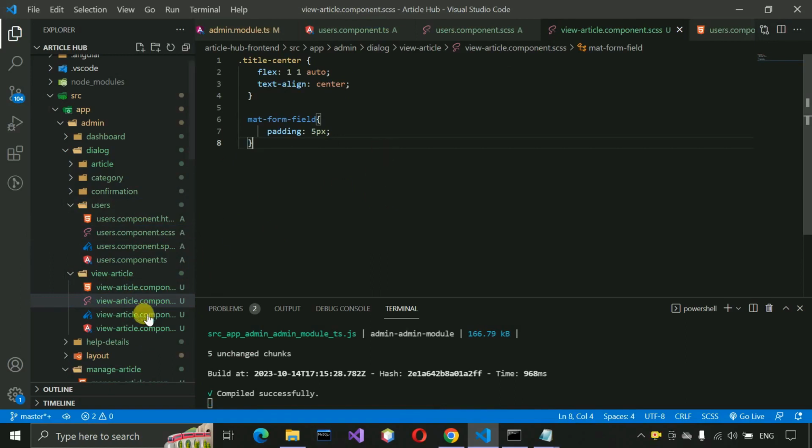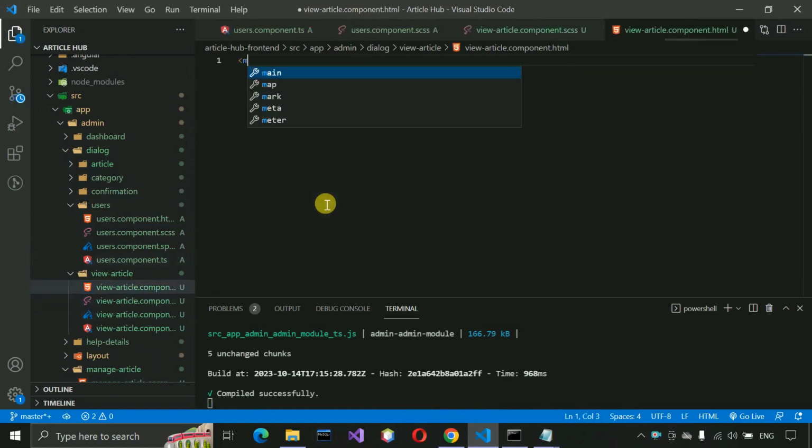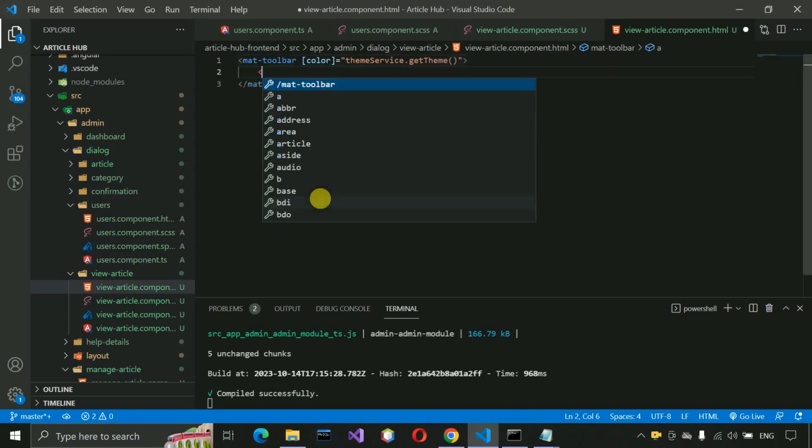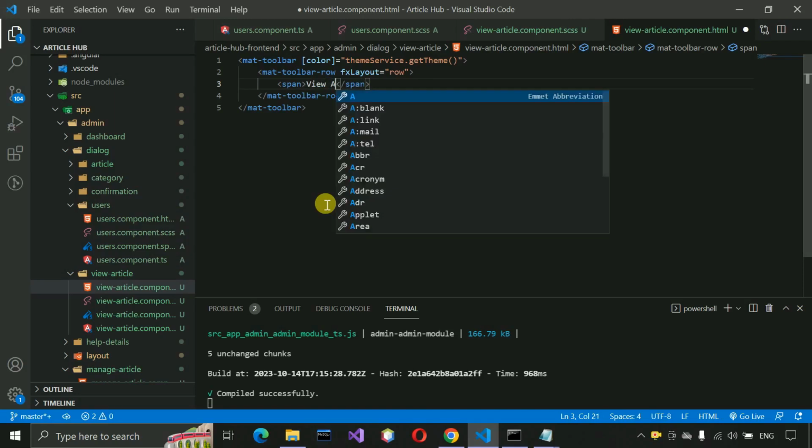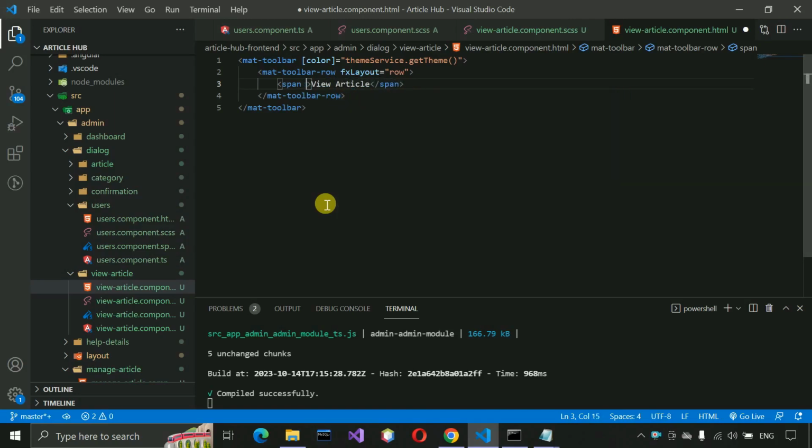After that, go to the HTML page, just remove this one, and here we have to write mat-toolbar, and the color we need to pass, so color, and themeService.getTheme, and here mat-toolbar-row fxLayout, and here we just need to write row. Just close this one and span, and here we have to write view article, and just put a class title-center